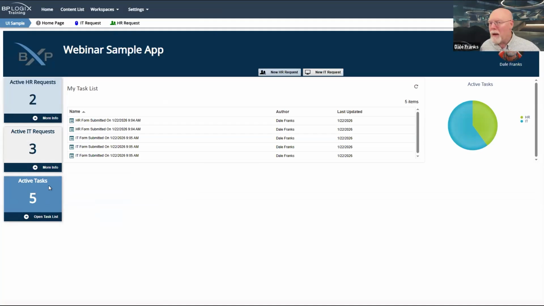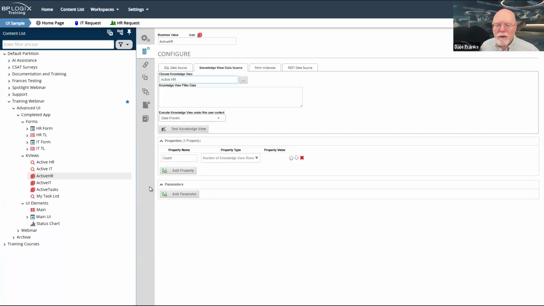They may or may not have permissions to do so directly. So for this business value, and for all knowledge view business values, we have to supply a user context so that when this business value gets called, we will run it as if, in this case, I was running the knowledge view.